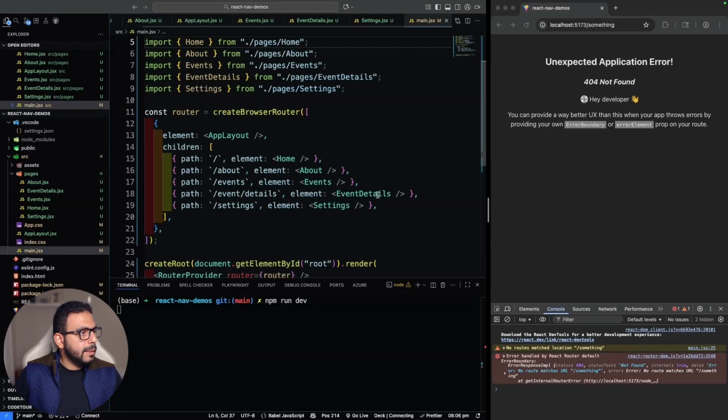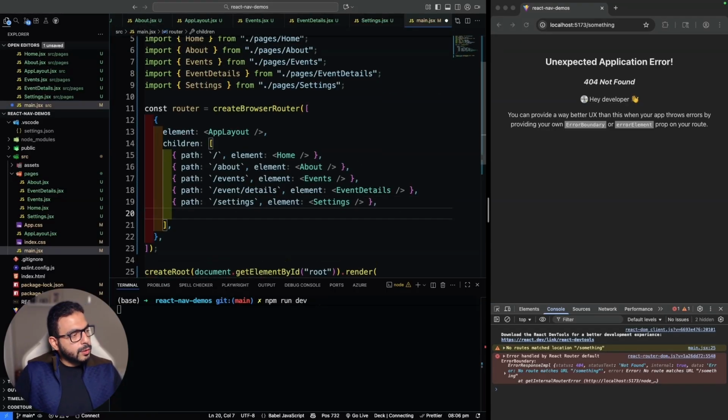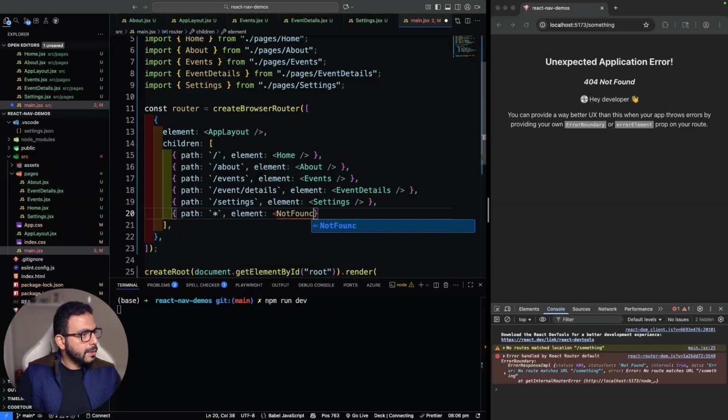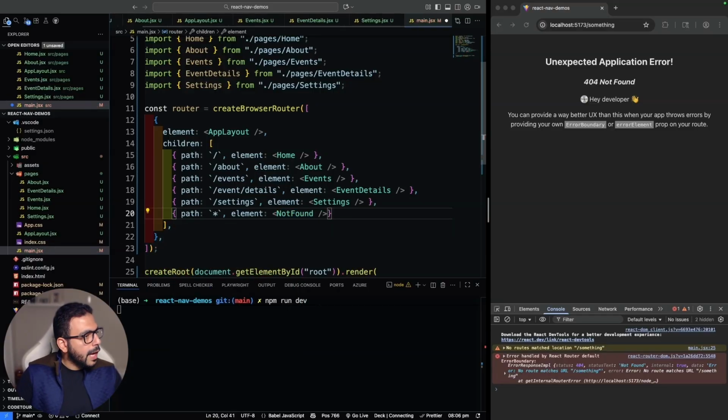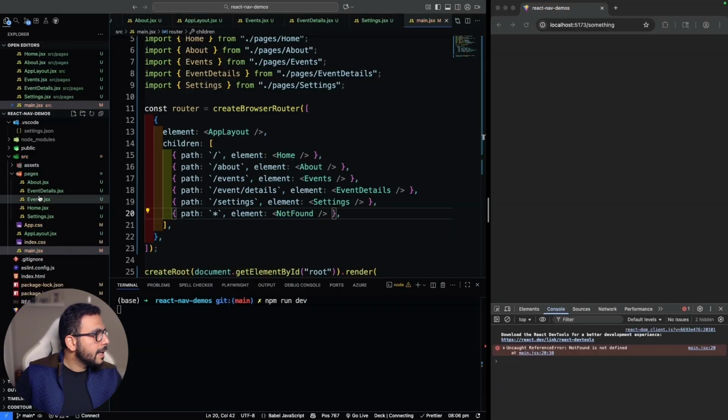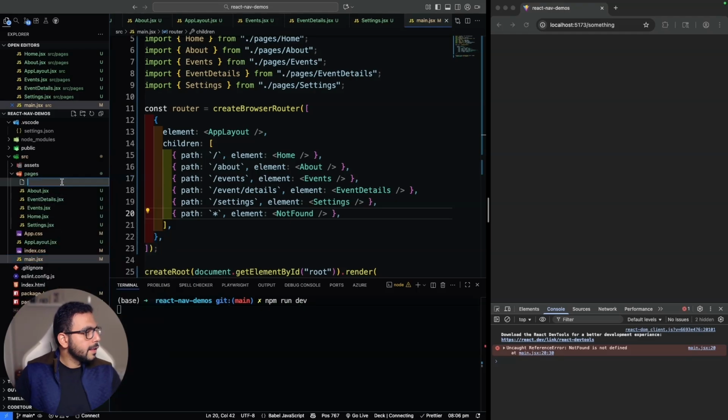is that I'll go back to the main.jsx, and towards the bottom of this list, I'm going to add another one that basically targets anything else. So we're using the wildcard here. We want this to map to another component, and let's call this the not found component. We do not have this page yet, so let me go ahead and create that. New not